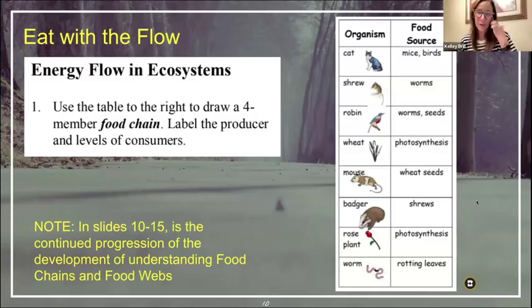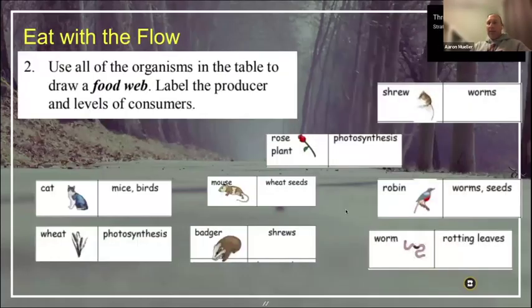Perfect. So then I would go worm, wheat, robin, cat. Wonderful, fantastic. So worm, wheat, robin, and cat. So many other things would fit in there, but let's go with that. Absolutely. Do we all agree with that, Tammy, Eileen, and Michelle? We're good? Yep, that's good. All right. Fantastic. So again, what would happen after we'd explored those food chains is we now start taking